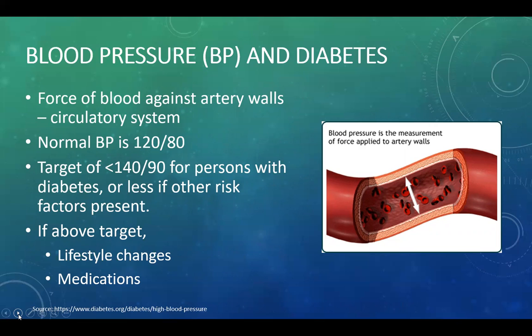And as that force continues on a repetitive basis, it also starts to break down those blood vessels and tends to make them very brittle. And that's where we see, again, more issues with heart disease. The target for blood pressure